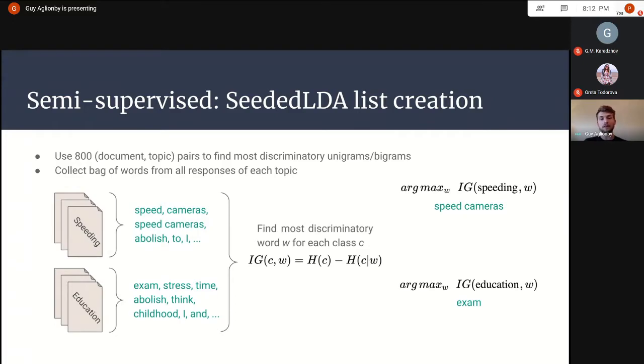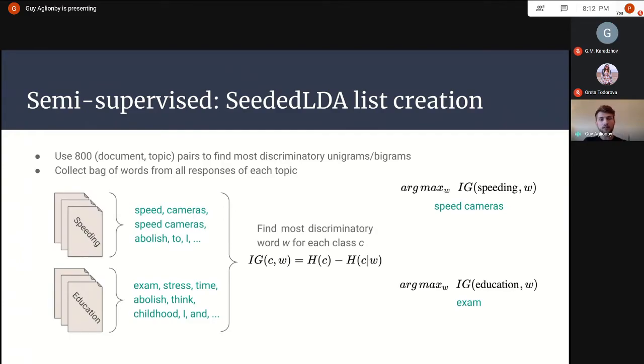So the information gain is high. That's why on the right, we take the argmax across the information gain of speeding, comma W. We can not just take the argmax, we can do an argsort and take the top 10. It's as simple as that.